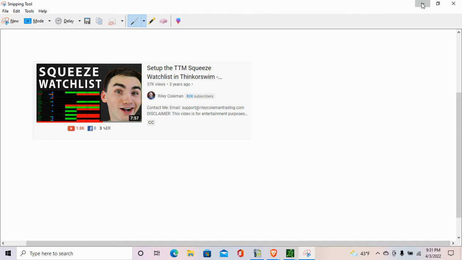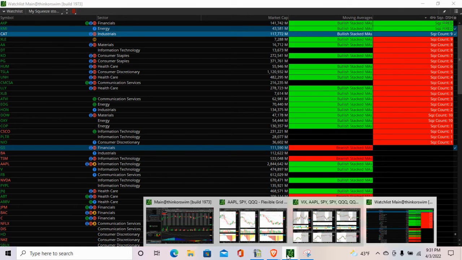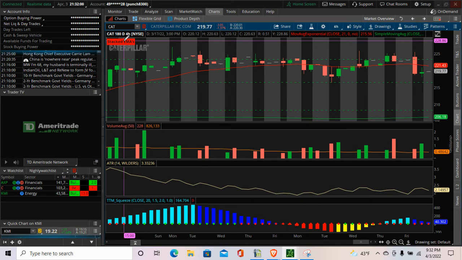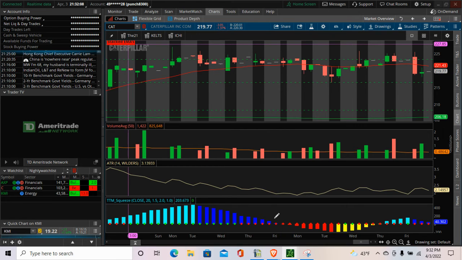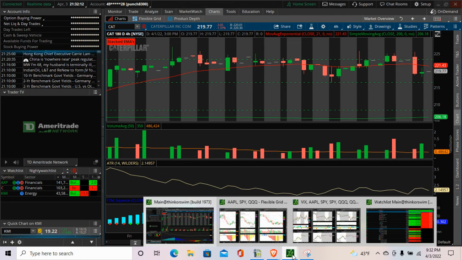This is essentially what I use every day to trade with, and it's pretty spot on, to be honest. Works out well. I'll go through here, scan for any sectors that are in the squeeze, and then scan for any stocks that are in the squeeze, and then these stocks would go on my watch list. The other thing I got on here is stacked EMAs. If the stock has a bullish or bearish sentiment, if it's bearish, it's going to show up as red on the chart, and then if it's green,